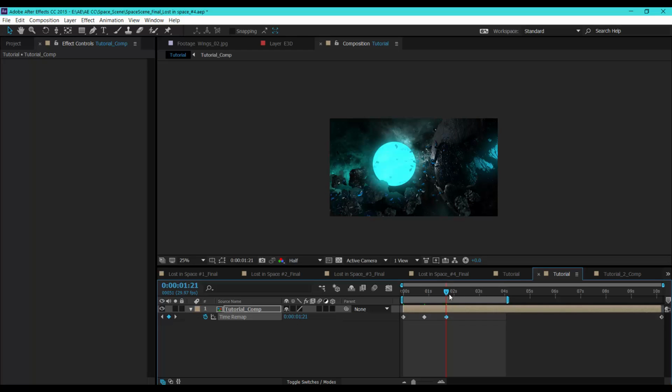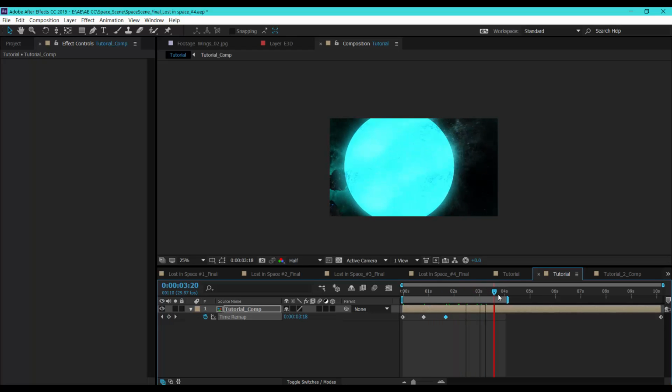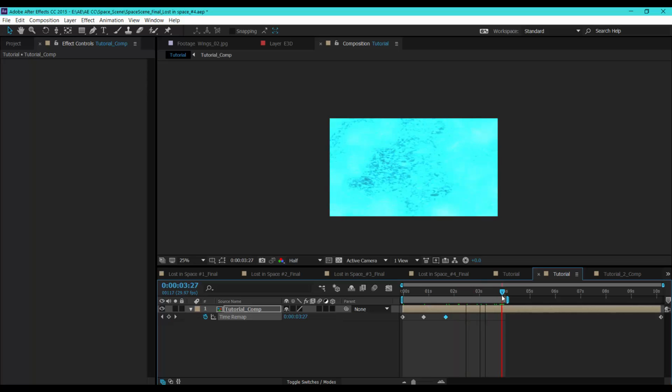And create a keyframe and create a last keyframe here. Okay, and now select all these keyframes and let's go to the graph view.